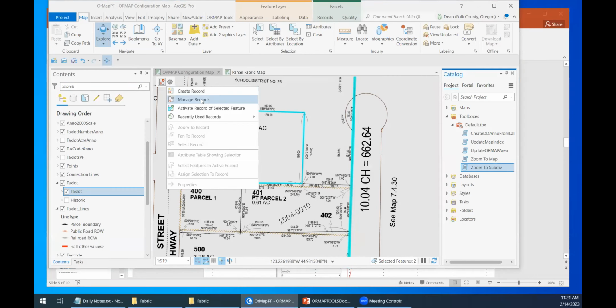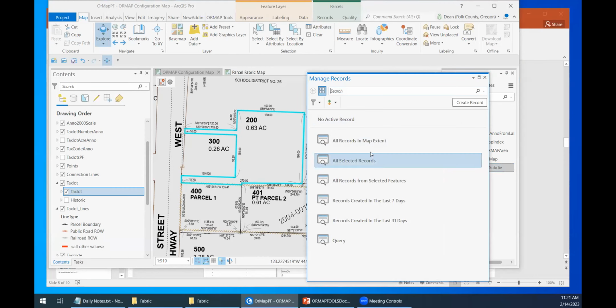So manage records. One of the things that we do have is search, and you can search for all of that. And one of the things in the data set that you've got is